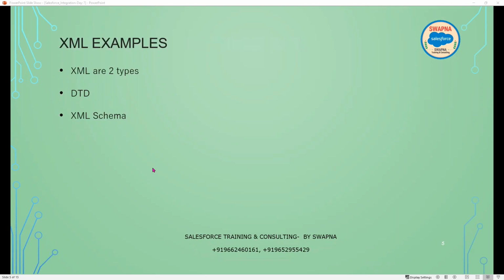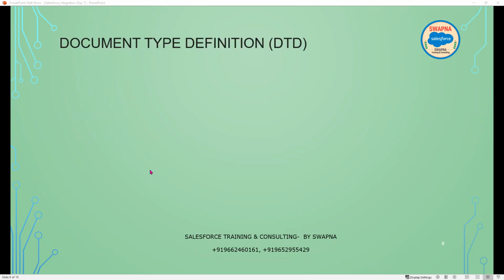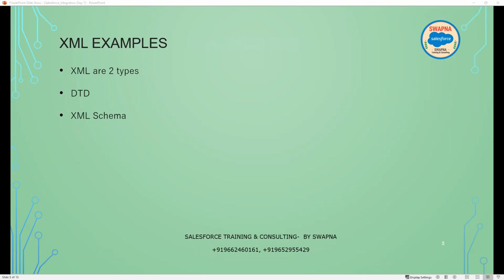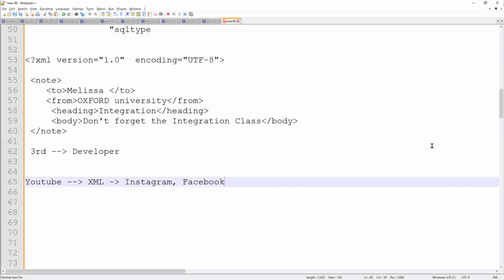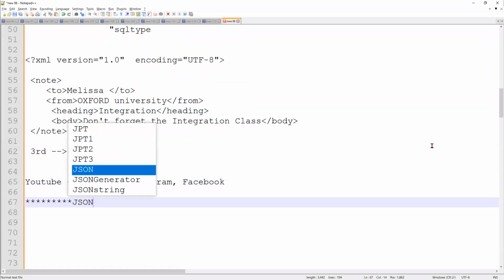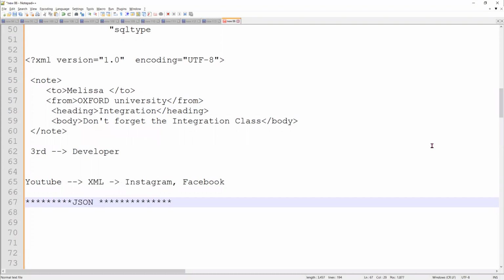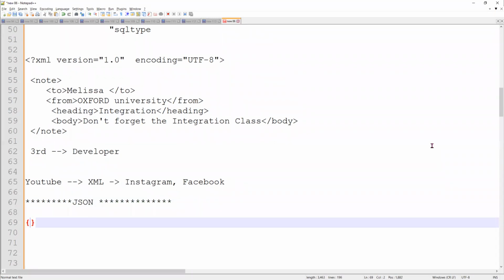Now, if I have to explain XML clearly, how it compares to JSON, let me show you that. For example, a comparison between JSON and XML. If it is JSON, I'll have curly braces, and in that, double quotes name equal to, let's say, Melissa,